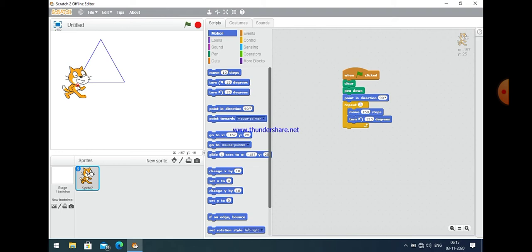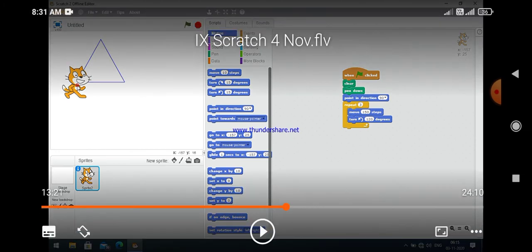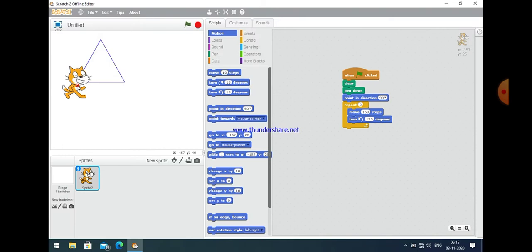There are different commands, but you can put different values in the white area or white circle inside that command. Default values are there, but you can change them according to your need. So this will make a triangle in a very easy manner by using the repeat control block. I will tell you again that the repeat control block basically repeats commands a certain number of times.